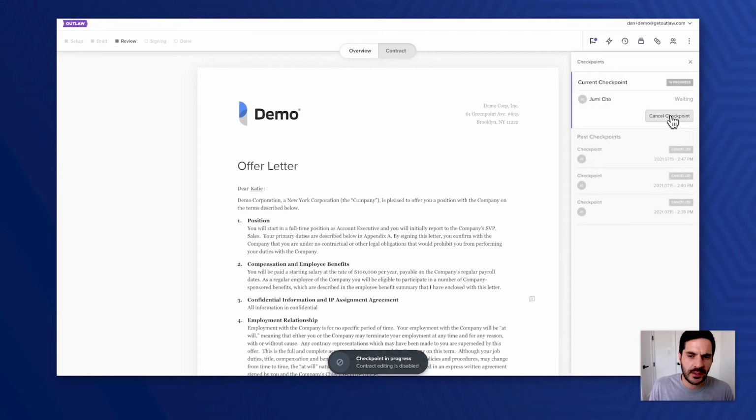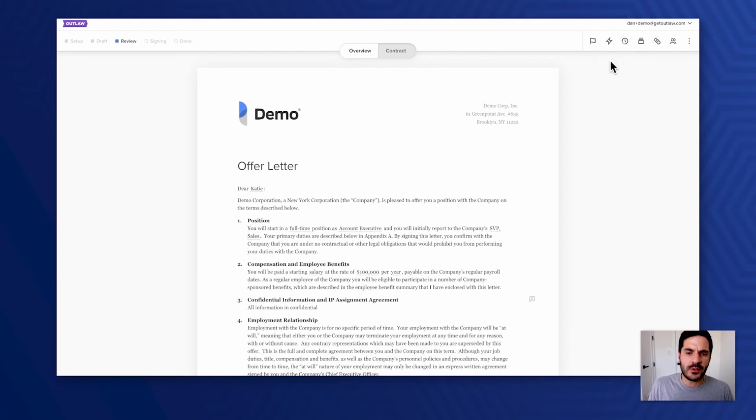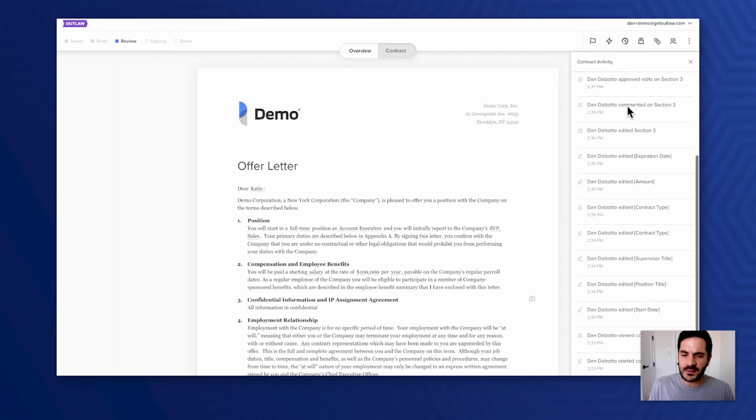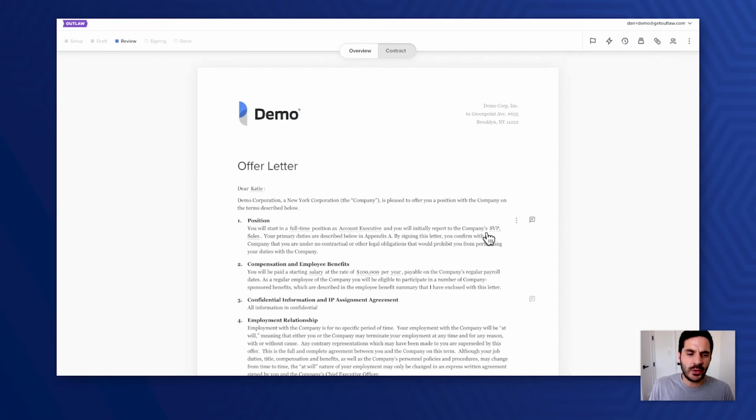I'm just going to go ahead and cancel that. And let's continue on with the other feature I'd like to show, which is the contract activity. This log here captures everything, including all comments, additional changes to sections, and additional red lines, you name it. We have the ability also to attach supplemental files and images to each contract. So this is great in the case of an offer letter. You can upload a health insurance package if the employee needs to upload their identification or W-2, they can.